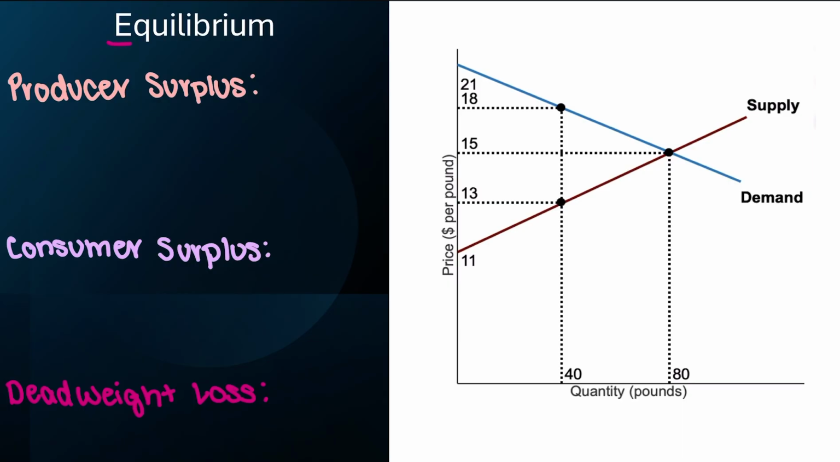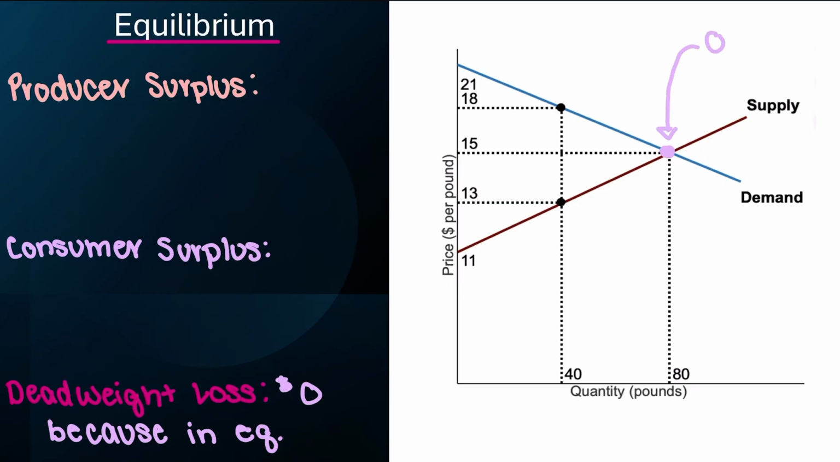So we are going to start by just looking at the equilibrium point. And if we're looking at the equilibrium point, then we know that our deadweight loss is equal to 0 because we're in equilibrium. If there were a price floor or there were a price ceiling, then there would be a deadweight loss and we would calculate that. For producer surplus, if we are at our equilibrium point, and our equilibrium point is right here, where quantity demanded equals quantity supplied,